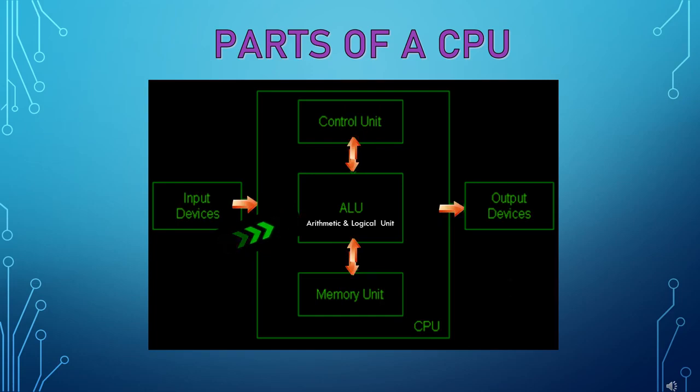The next unit is the arithmetic and logic unit. It performs all kinds of arithmetic calculations and logical operations. Now, what are arithmetic calculations? The calculations that you do, like the addition, subtraction, multiplication, and division. And logical operations means comparison. When you're comparing two numbers, whether it is less than or greater than or equal to, in computer language, it is called logical operations. The last part of the CPU is the memory unit. The unit stores information, which can be stored there for a temporary period of time or permanently, depending on our need.